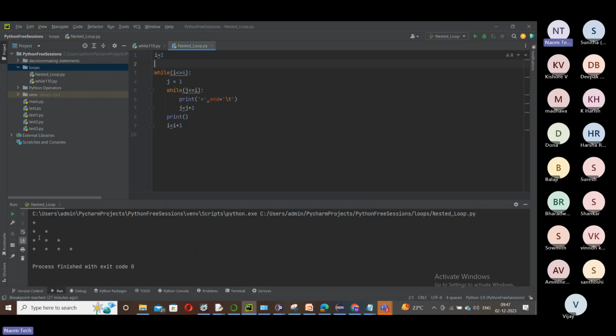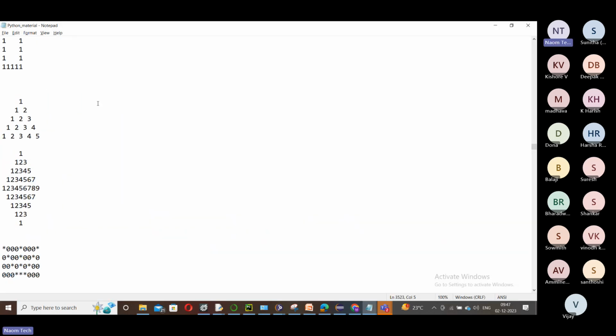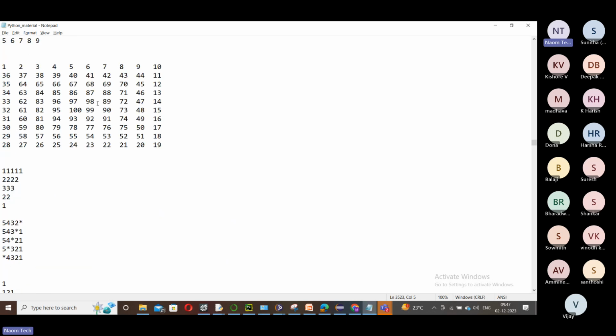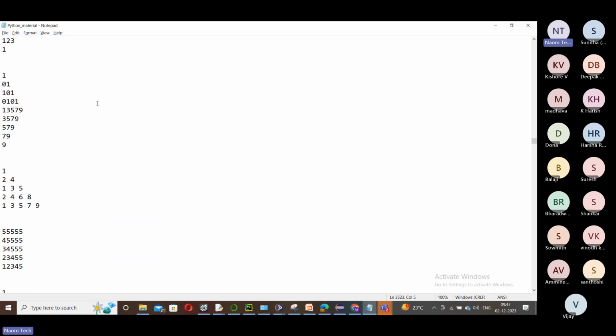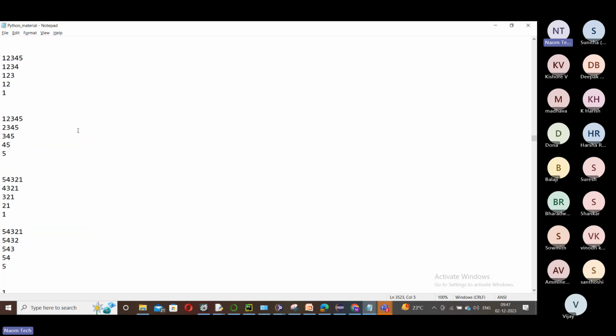Similarly, you can play in different ways, because if you see here, there are multiple programs. You can try all this with numbers, with special symbols, with binary digits. There will be a number of ways to do this. I'll share all this program list with you. Try to solve it. If not, I'll share the logic, solved and clearly explained. You can go through those sessions so that it's clear for you.